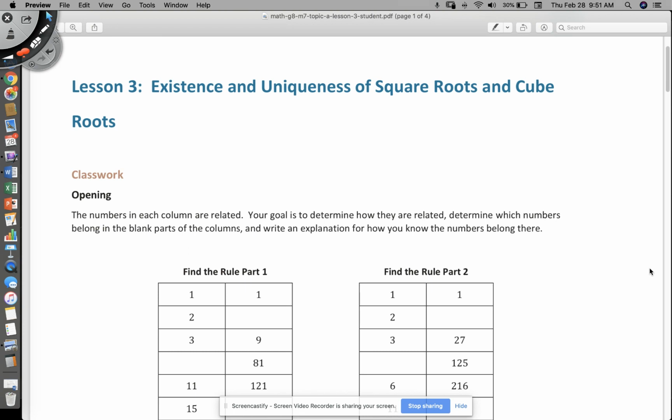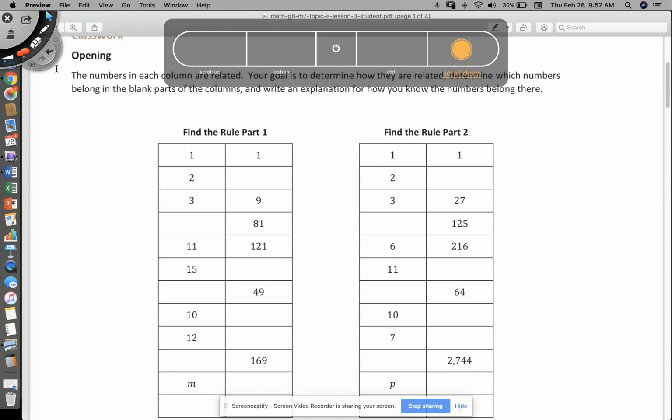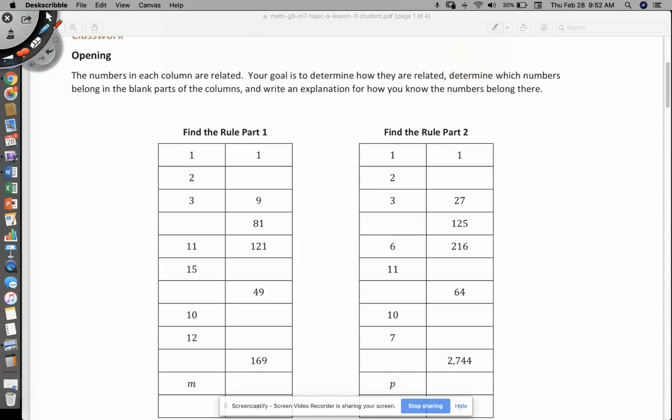All right, this is 8th grade, Module 7, Lesson 3, on existence and uniqueness of square roots and cube roots. So we're going to try something a little different today. We're going to work with some cube roots. Now, cube roots is to the third power. Squared is to the second power. So we have a table here, and in this first table, they want us to identify the square root